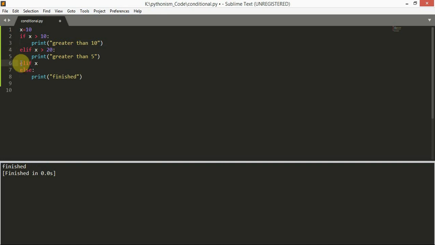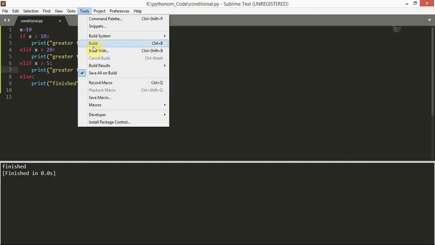Elif x greater than 5. Okay, and then run.